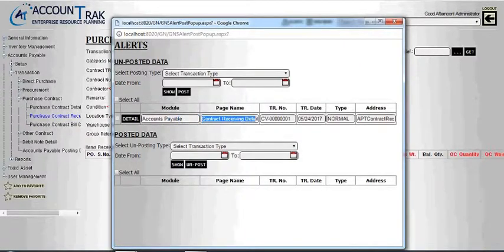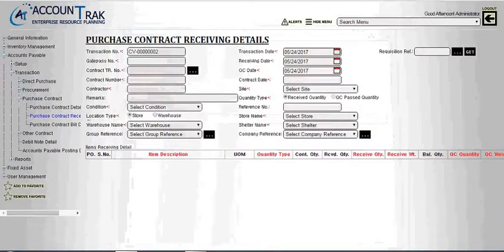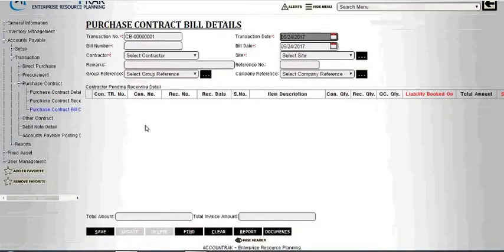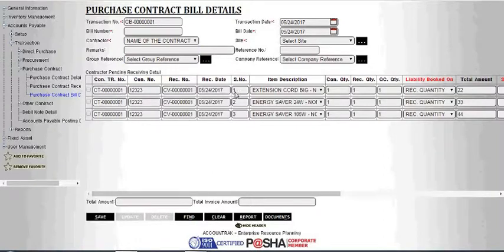Now I can post this contract receiving so that my stock list can be updated, and this part has hit my inventory item, and it has updated my stock balances for a selected store. Now when I will select the contractor, all the pending bills of the contractor will appear here. I can select any of the bill, and I can enter